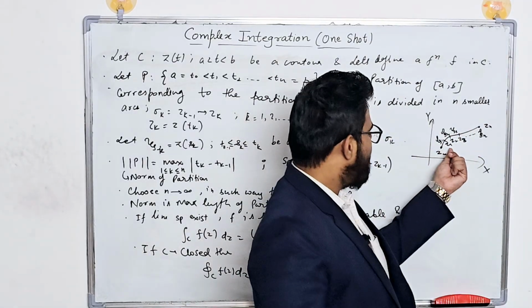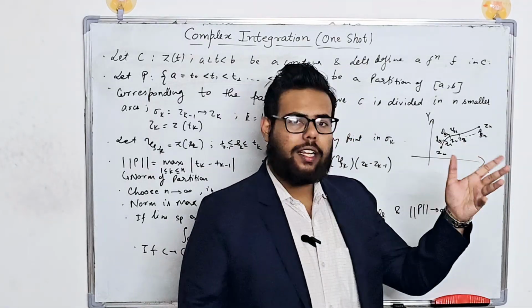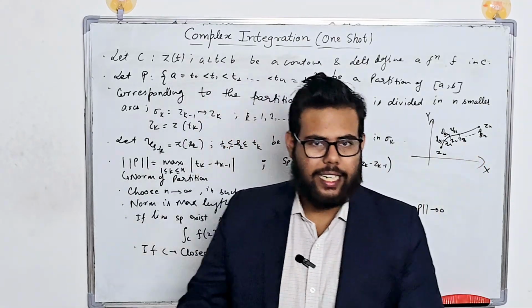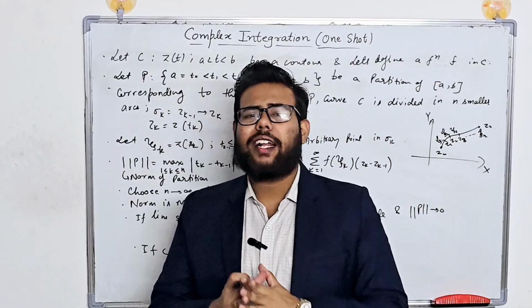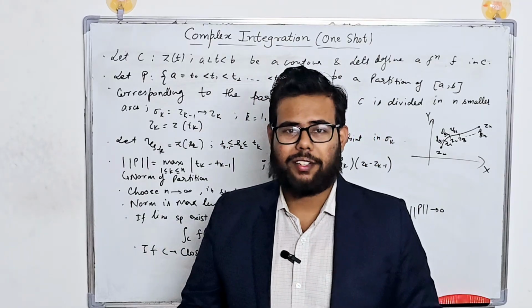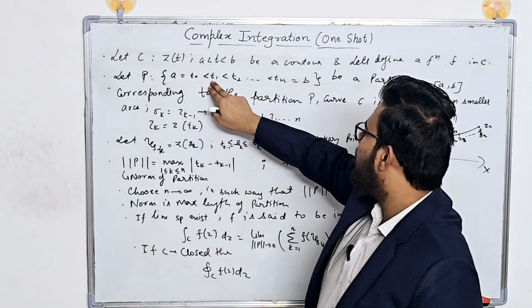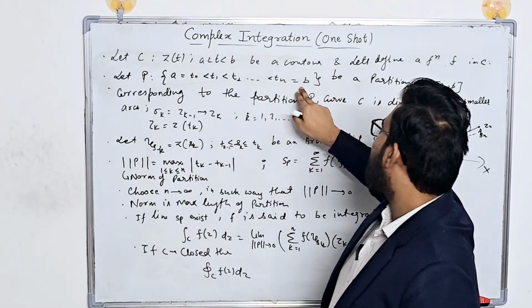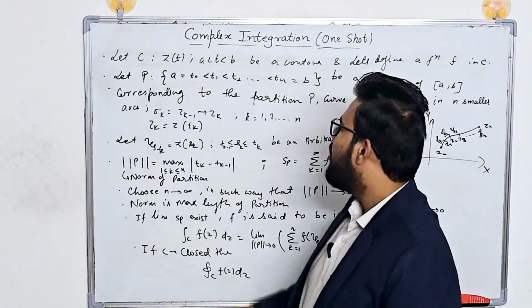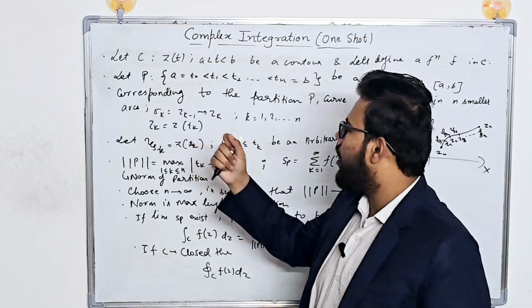For example, corresponding to z1 we will have a t1, and corresponding to z2 we will have some t2, and so on. So for every z we have a t, or I should say for every t we have a z over here. That is why we are defining it like this: this is t0, this is t1, this is t2, and so on till tn, and we have said that tn is equal to b. So corresponding to the partition P, curve C is divided into n smaller arcs,